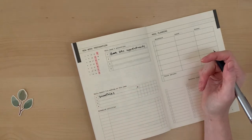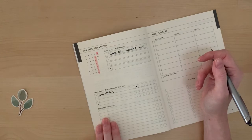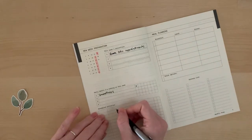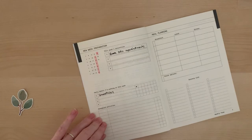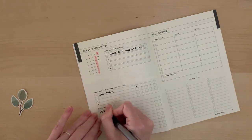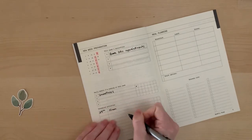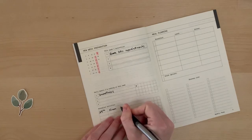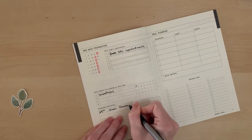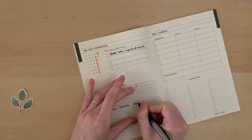Scheduled activities, so things you want to make sure you're across for the week ahead and have thought about. What have I got on this week? I have a flight booked on Friday, so I'm going to write 29th, 10 a.m. Who am I flying with? Qantas. And that's Melbourne to